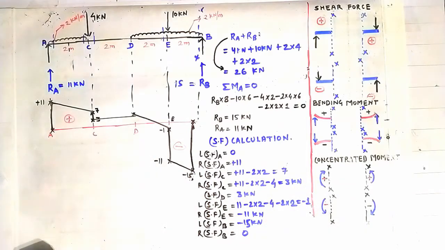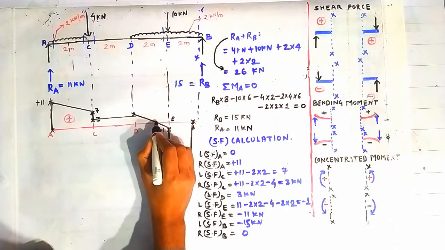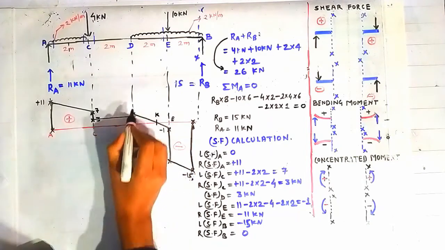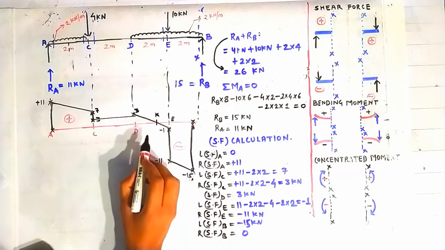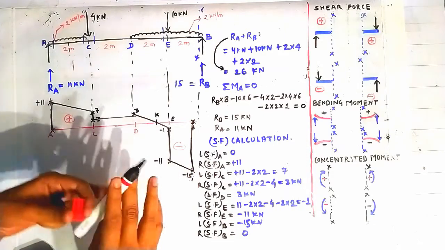now we will find out the location at which this shear force comes out to be 0. So we know that the shear force comes out to be 0 here. Suppose this is the point K, okay, and we know that this is 3 units. Okay, the shear force at the point D is 3 units. Now these two triangles, this triangle and this triangle, are similar triangles.